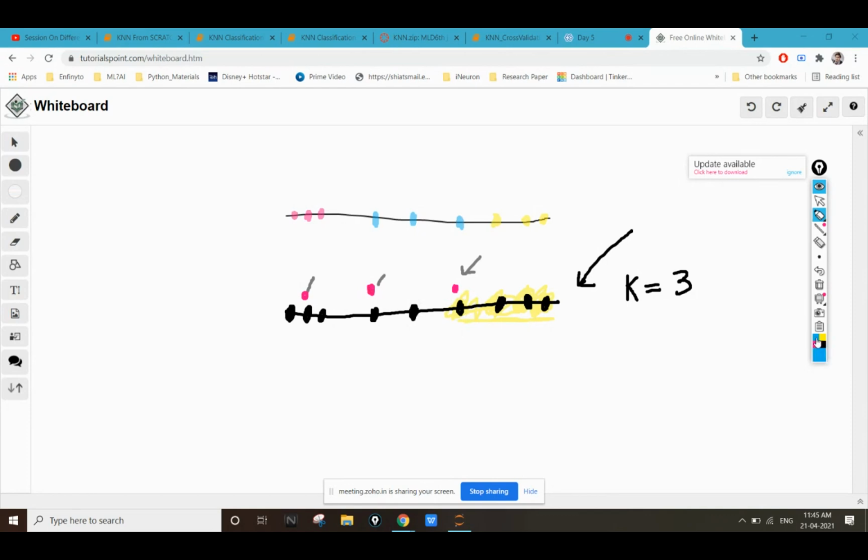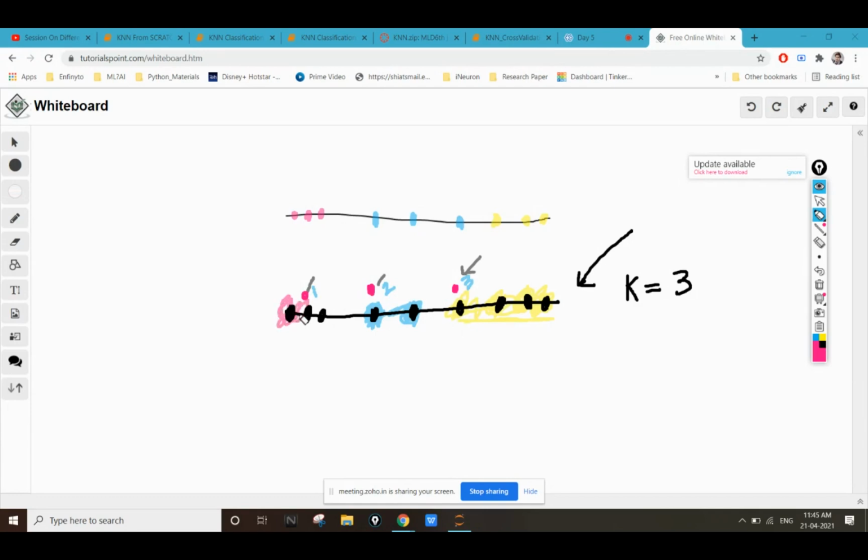Let's take this second category, and in this category this point will definitely be of this particular category, which is blue. And if we take this point, it can come under blue or yellow depending on the distance. Let's assume it comes under the blue category. Now I'm saying that these 4 points are of category 3 type. These 2 points are of category 1 type, and the remaining points are of category 1 type. Now let's color the remaining points also.